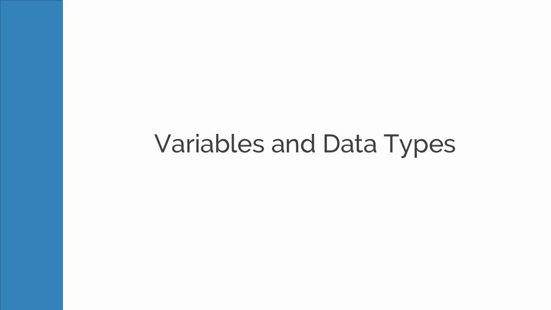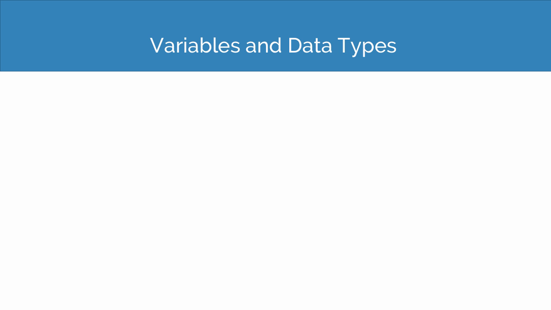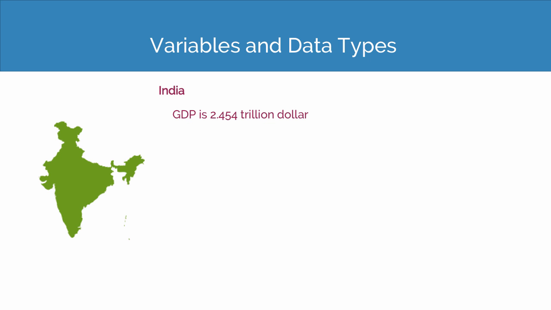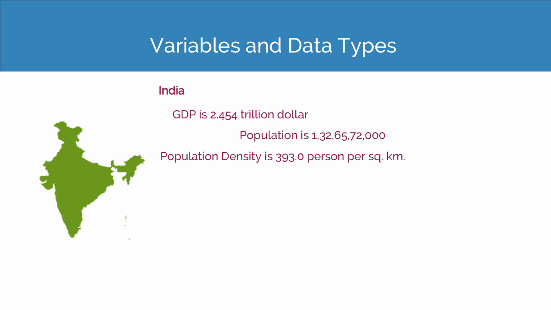In this topic, we are now going to proceed and check out what variables and data types in Java are. Let us first consider an example of our country, India. The name of the country is India, its GDP is $2.454 trillion, its population is 132 crores, population density is 393.0 per square kilometer, it is a secular state and the symbol of its currency is rupees that you can see here. Now if I ask you to represent all these stats with the help of Java language,